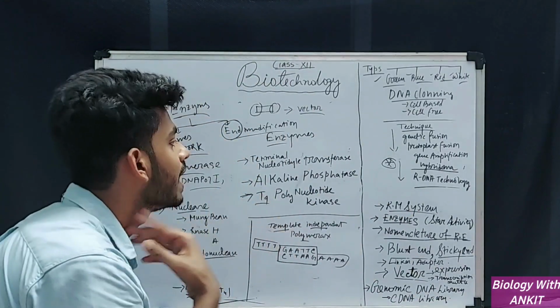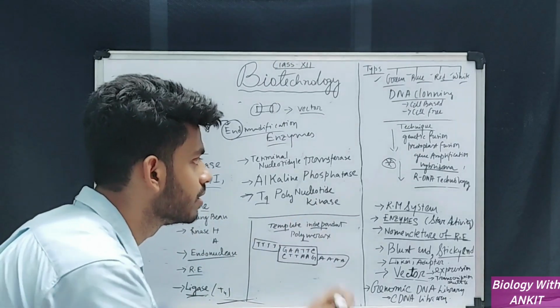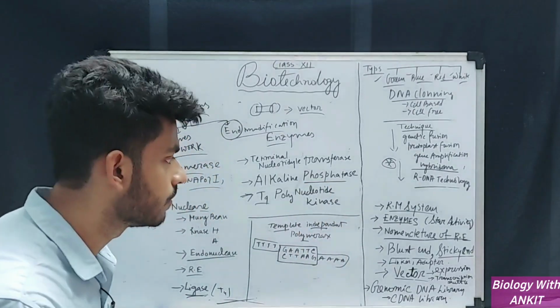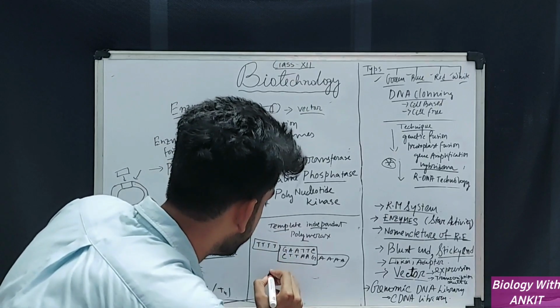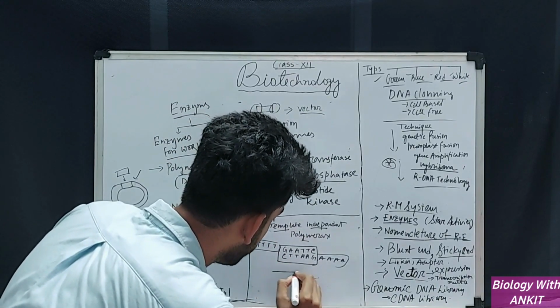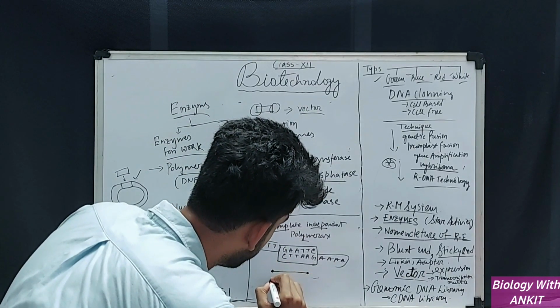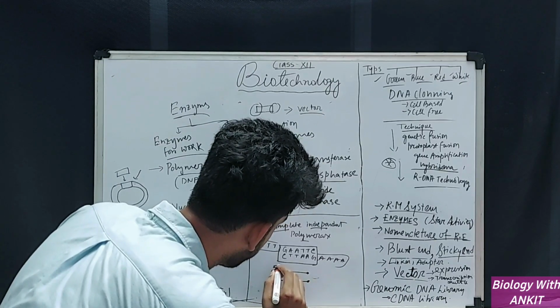This is the terminal nucleotide transferase. Okay, then there is alkaline phosphatase. So phosphatase is any enzyme that removes phosphate from the 5' end. So suppose this is a stretch of DNA, this is the 5',